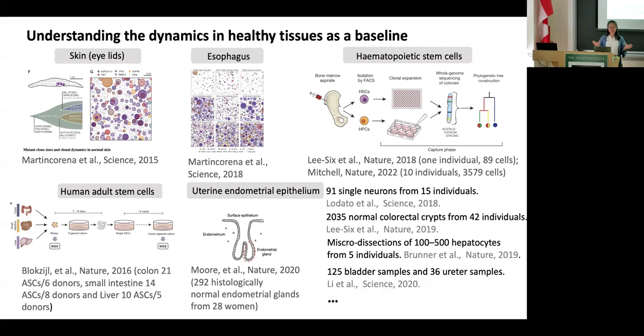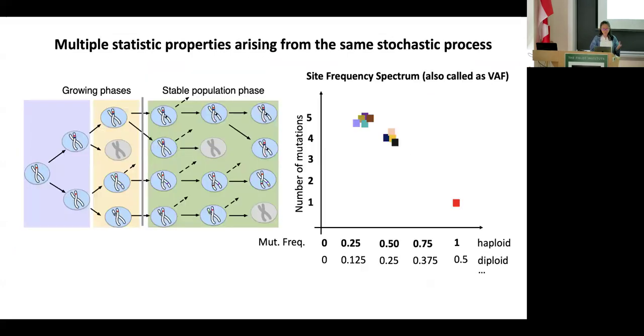So what is a little bit missing in the field, I think, is more theory work on how to look at the constant population. You heard the talk of Kate and other people, that's what I was focused on. No matter whether we are looking at healthy tissue or tumor, the common thing between them is that there are multiple statistical properties arising from the same stochastic process. Again, using a healthy tissue example, you have a population starting from a single cell, this population experiences a growing phase, reaches a homeostasis, and then maintains the homeostasis for a while. So in this example, in the end, for example, you have 3 cells,